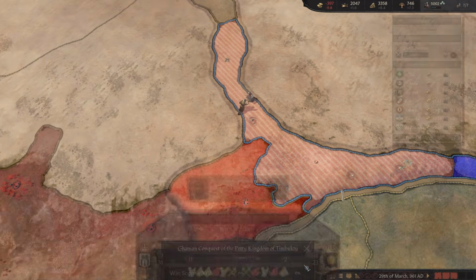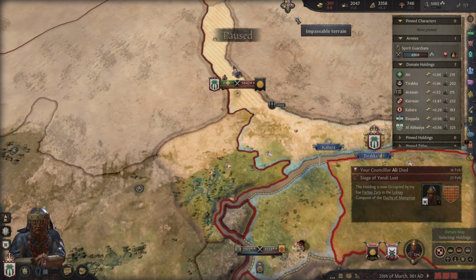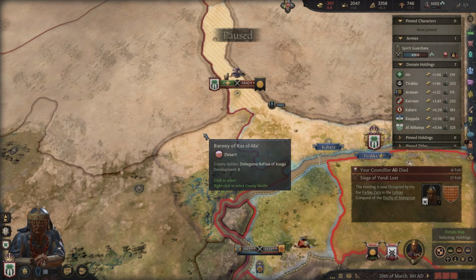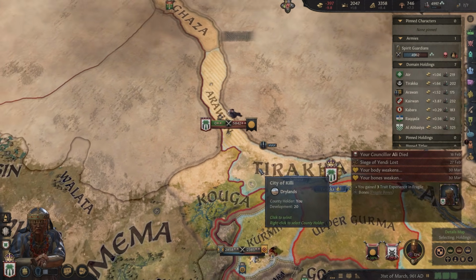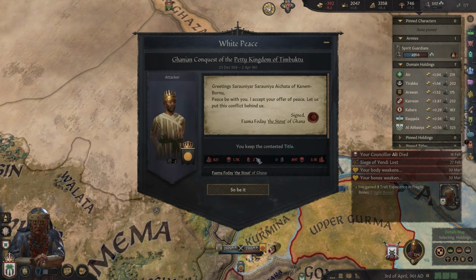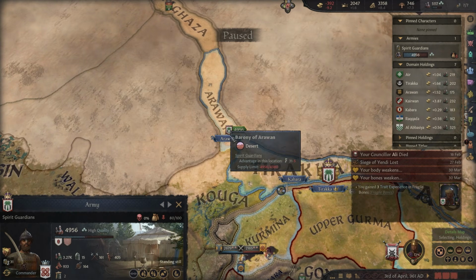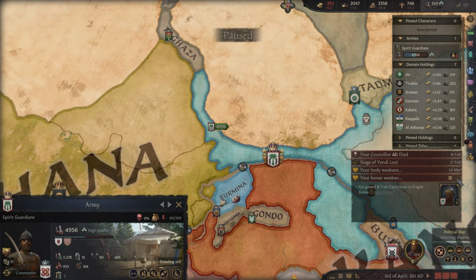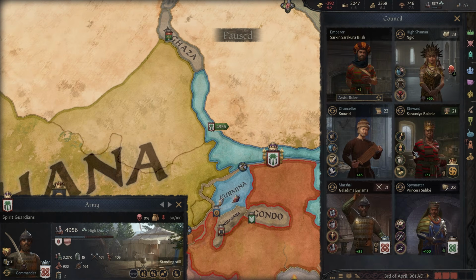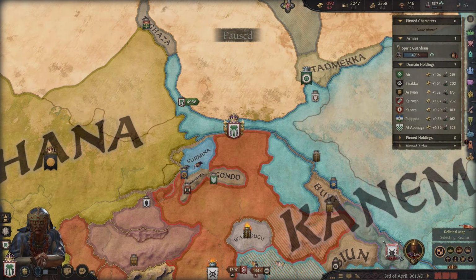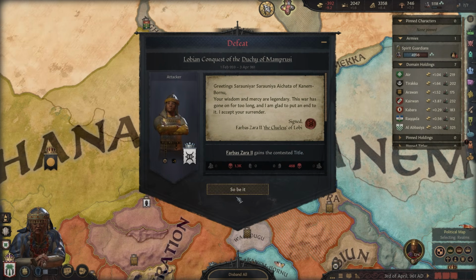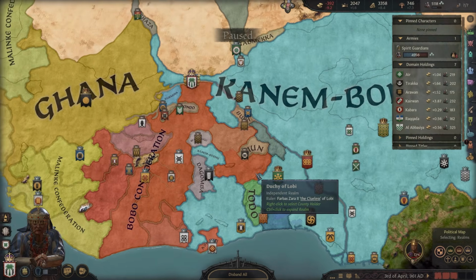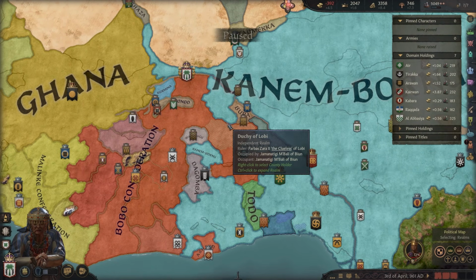Yikes. White peace me. Send it through the second before the war ends. They accepted the white peace. The battle never happened. Aha! We're out. My counselor died, it said. Okay, that was the previous one. And then we've lost this one. Let's just surrender it. Yeah, I mean, whatever. We were at 99%. We weren't winning it. Disband.